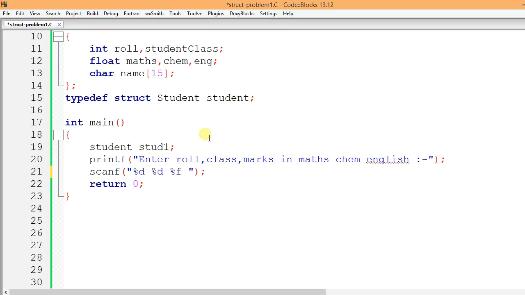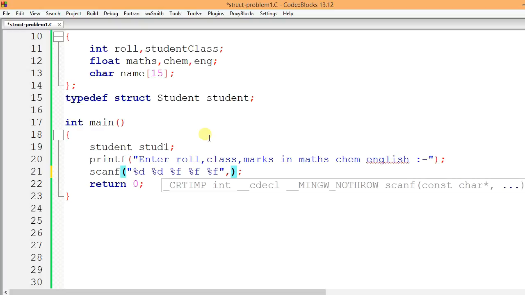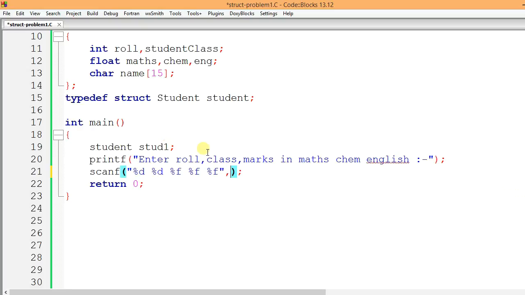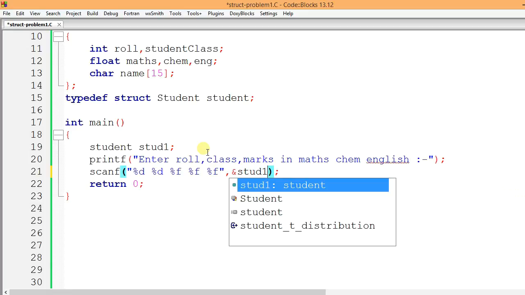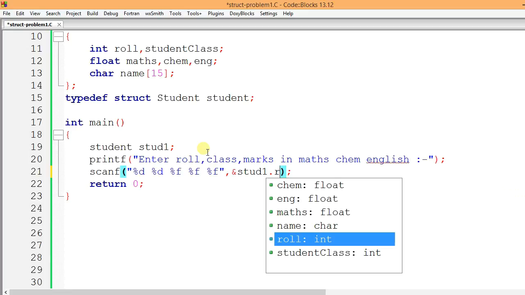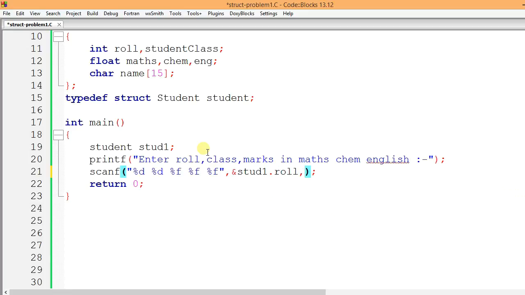Then came %f again, and for English it's again %f. Then we have to include all this, and this is something you have to note here. To access the roll number of our student, that is student1, we have to write the command in this format: stut1 dot roll, like this, and